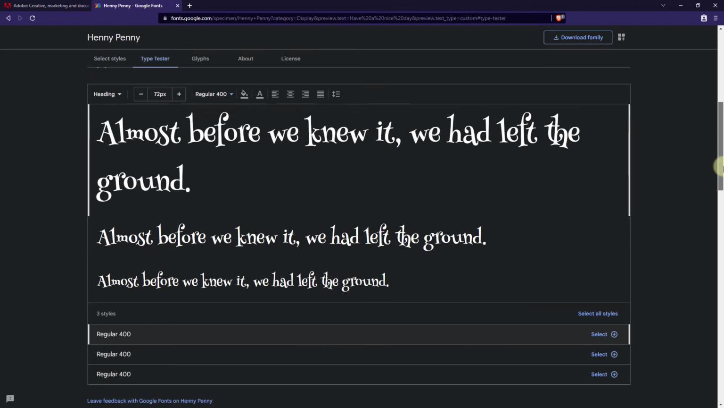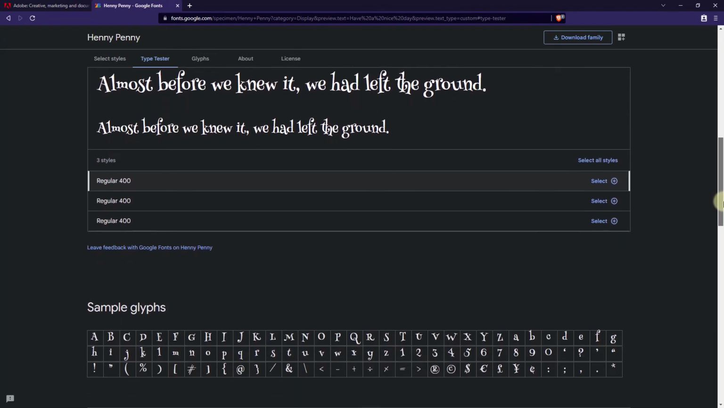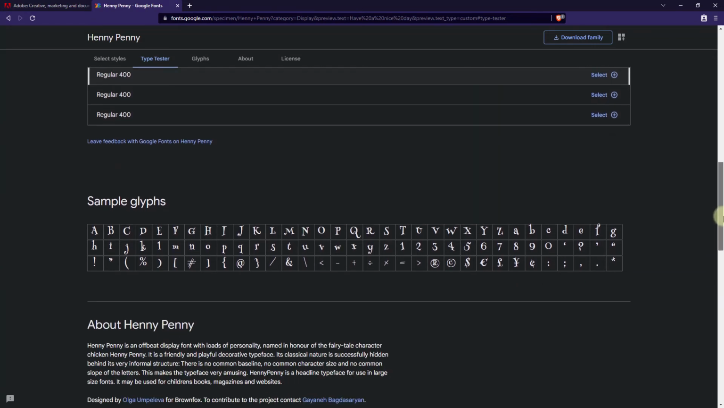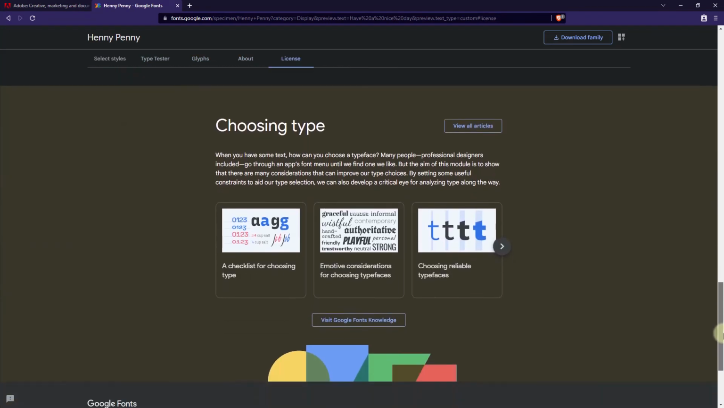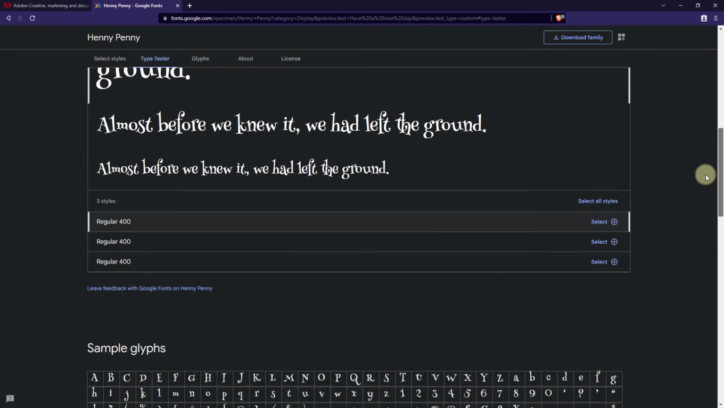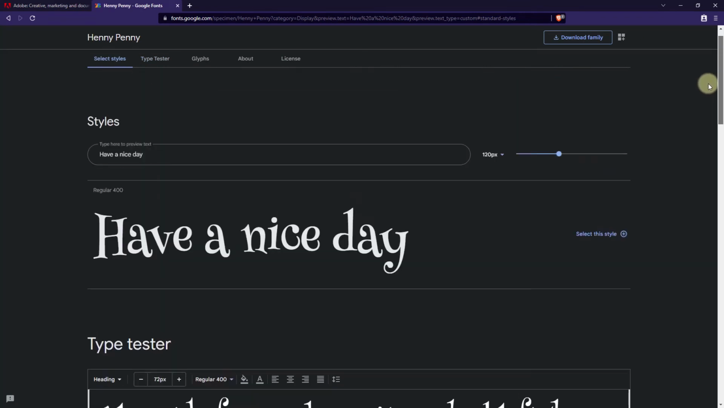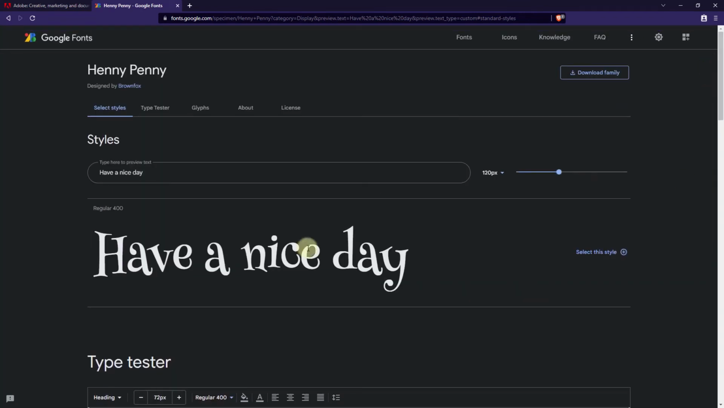There's three styles. All of them are regular. It shows me sample glyphs, and they used to show you what these fonts paired with, but they don't anymore, which is not important to us. I'm thinking as a web designer, please forgive me. Okay, so this is going to be the font. So I'm going to download the family,